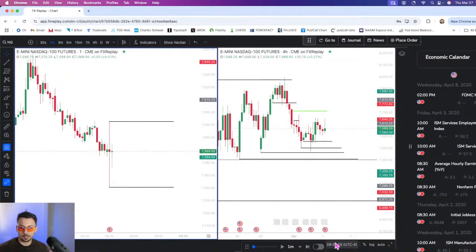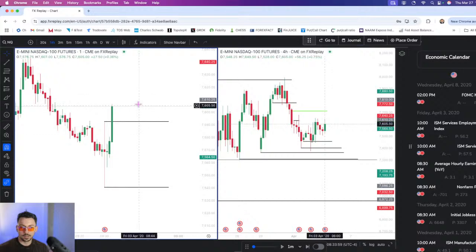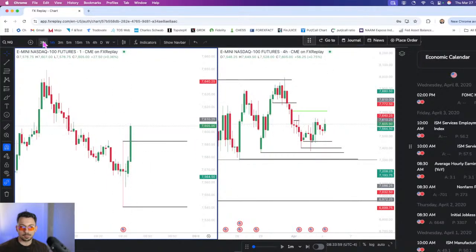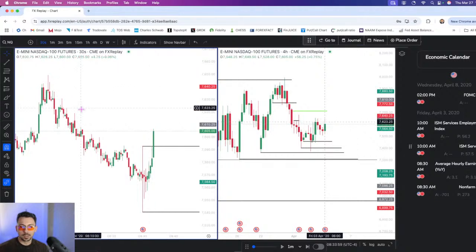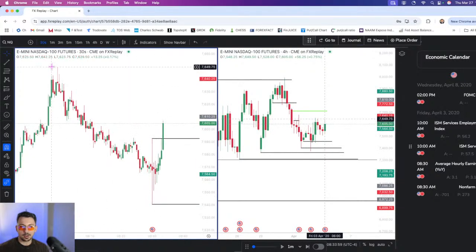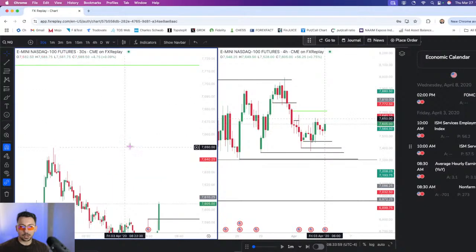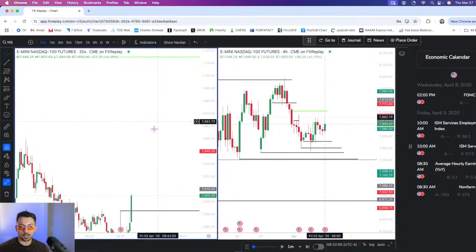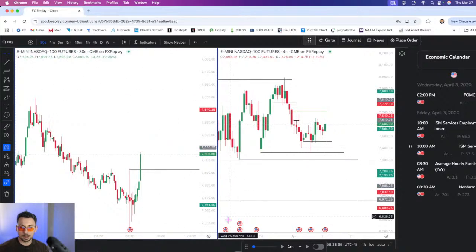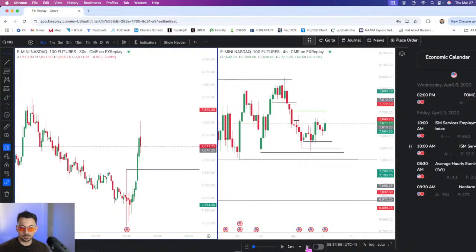I probably will pull up the 30-second, but let's see. Okay, so immediately we get a sweep of the data high. So what I'm going to do is pan to my 30-second chart. What I will say, guys, is even though we've swept the data high here, there is a lot of low resistance liquidity. So I'm not 100% convinced yet that we're going to get to the low first. But if we do get a great setup, we can take it, target the lows, and then potentially get a run up to the equal highs. So we'll see. But I'm going to pan this forward a little bit.